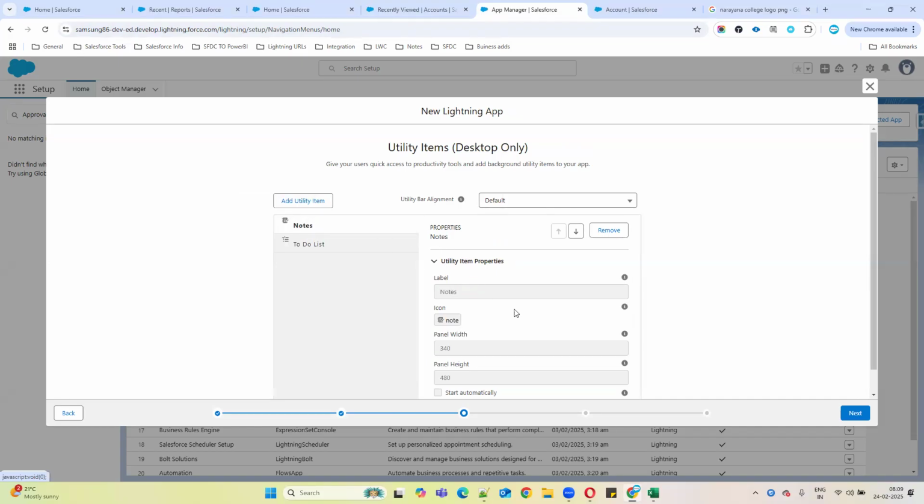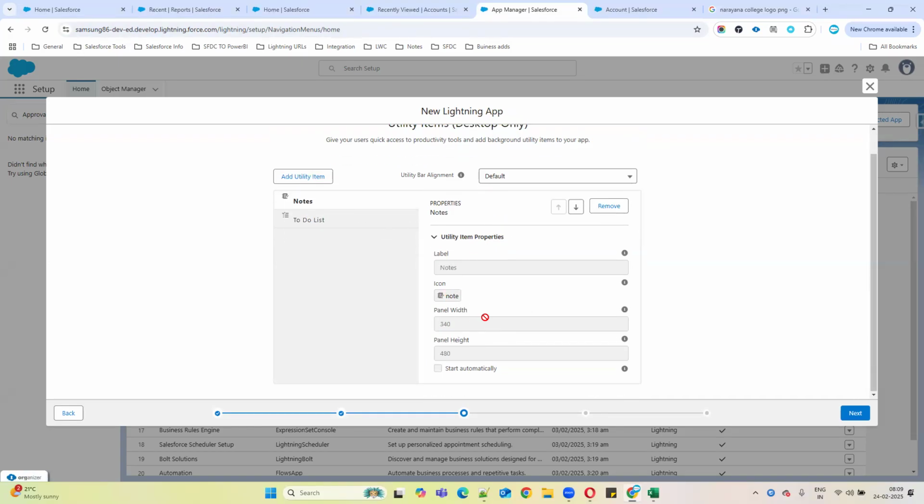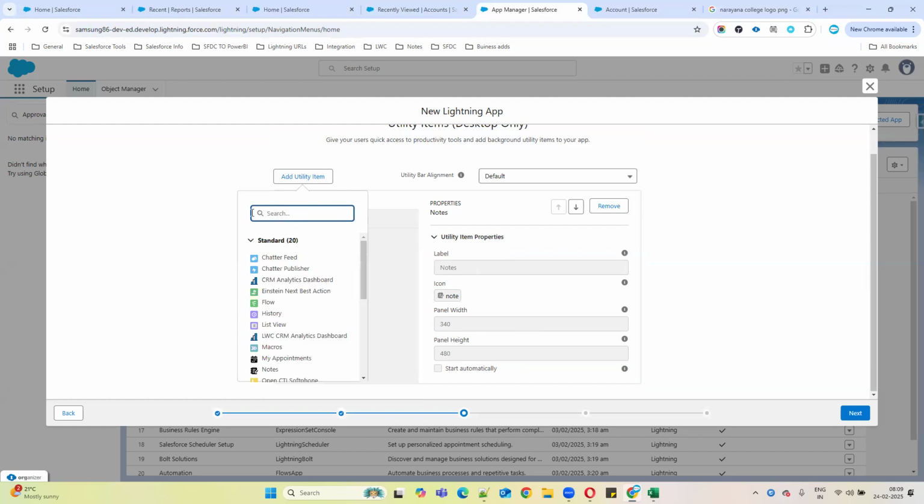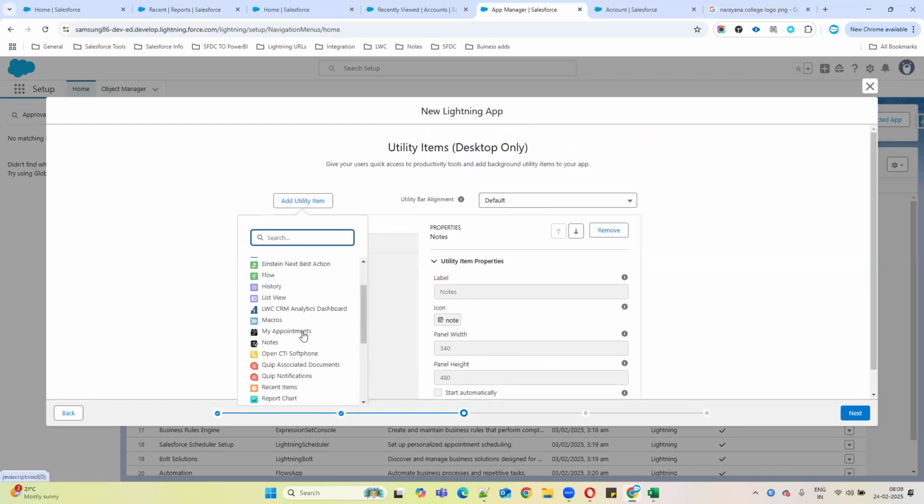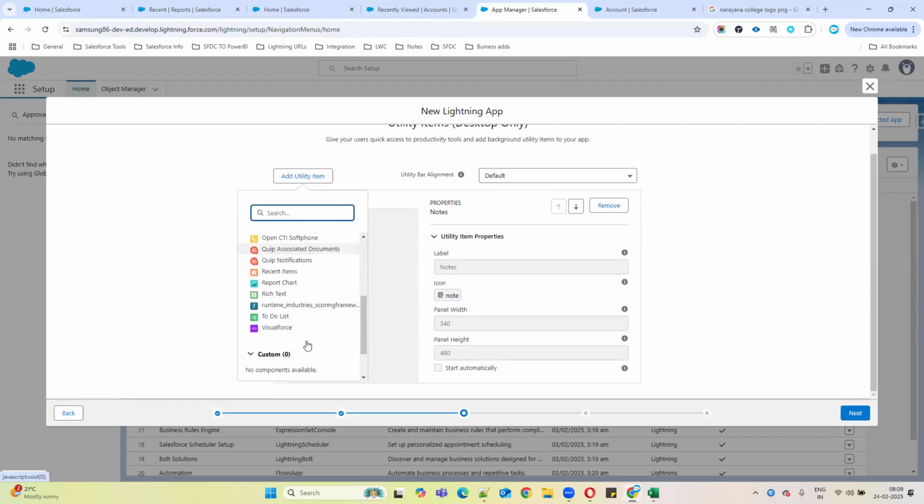So name, what is the label name by default? Icon, height, width, all these things you can see. You can add more utility items, whatever is available. If you just click here, you can see all these things you can add here. If you want to see history, all right. If you have any appointments you want to check, if you want to send this text there, you can use